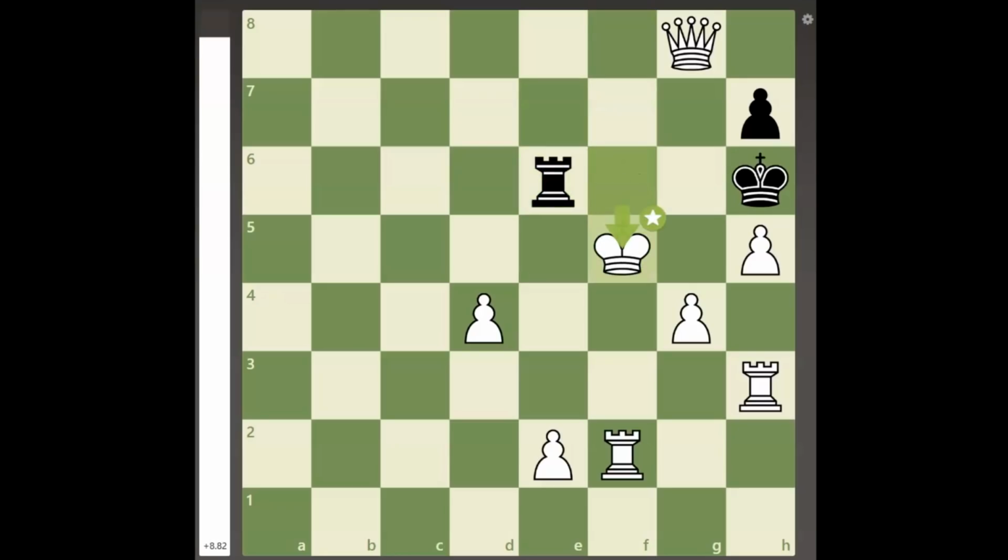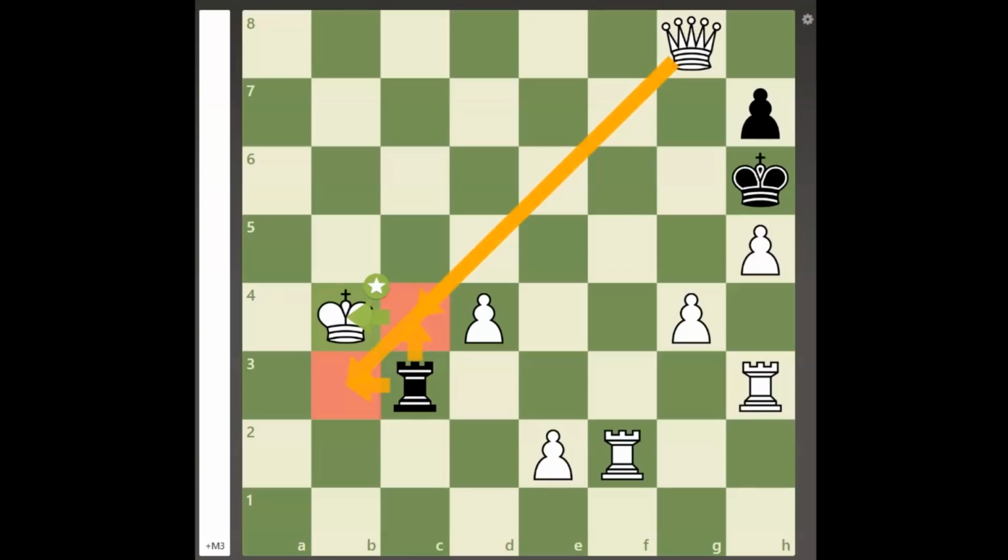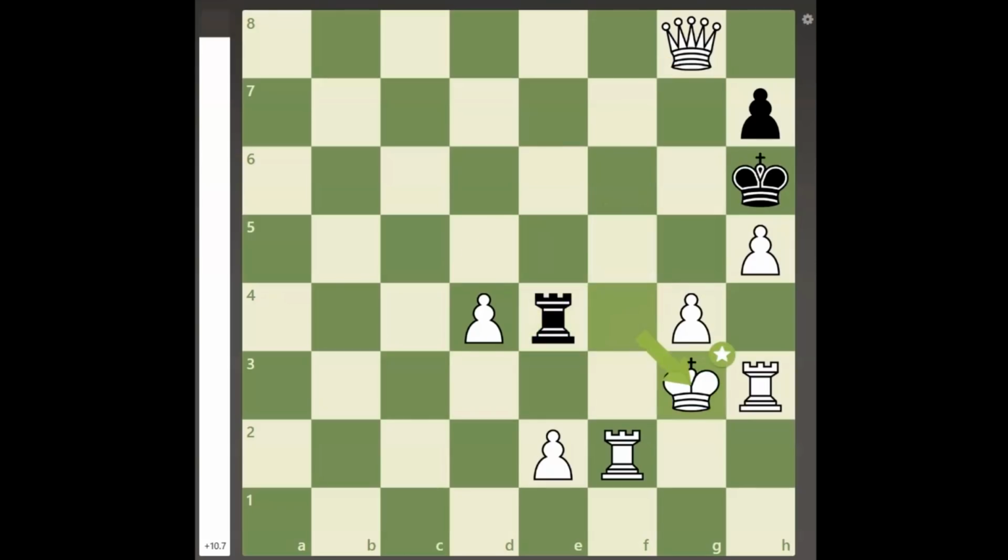After the bishop is captured and white's king gets down to f4, if black plays rook f5 check, white can play king e4, and after rook e5 check king d3, white's king will get to b4 where both checking squares are guarded by white's queen. So black plays rook to e4 and e3 check, and now the only move for white to win is to